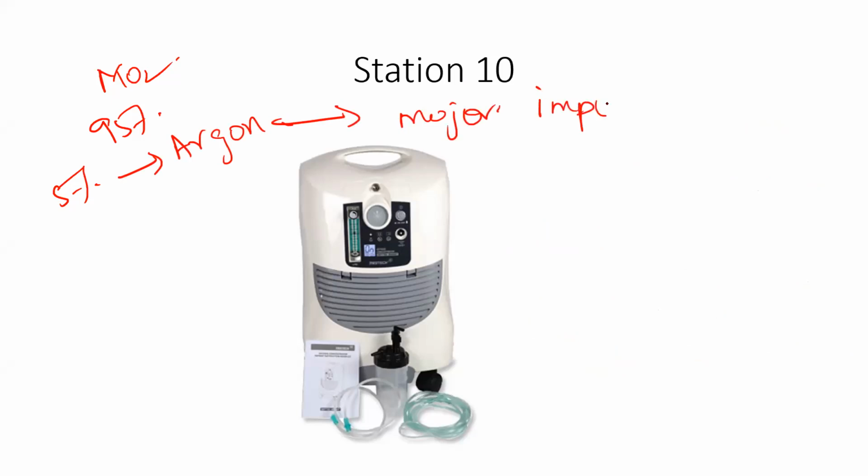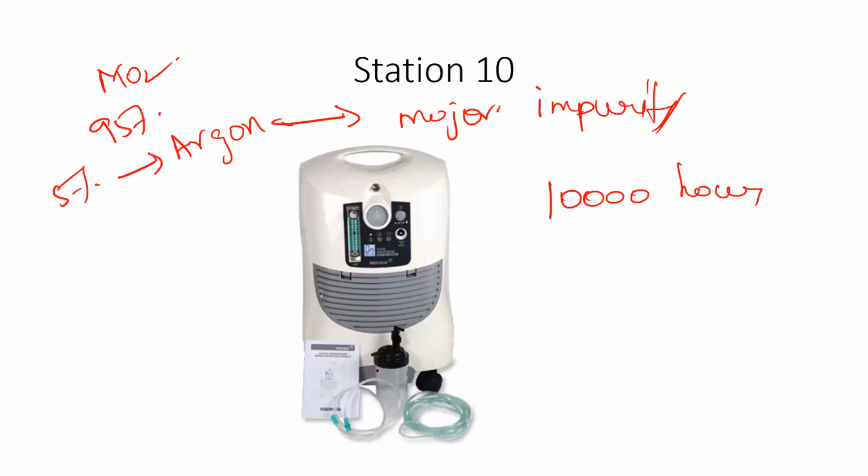Okay. So what is the life of an oxygen concentrator? It can work up to 10,000 hours. Once the 10,000 hours have been utilized, you have to change the filter. So that's the maximum lifespan of an oxygen concentrator. It can be connected to an anesthesia machine. It can be used for home portable oxygen. So both ways it is available. This is a major thing they might ask you in the OSCE station. Major source of impurities: argon. Maximum oxygen concentration you can achieve is 95%.